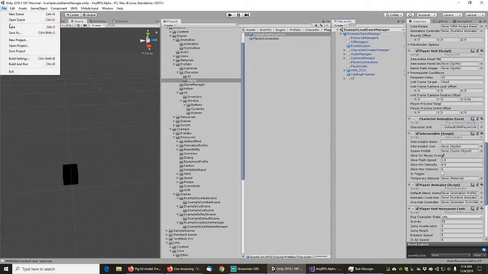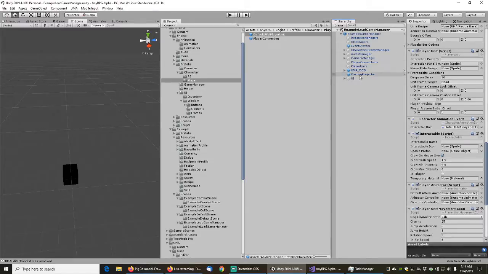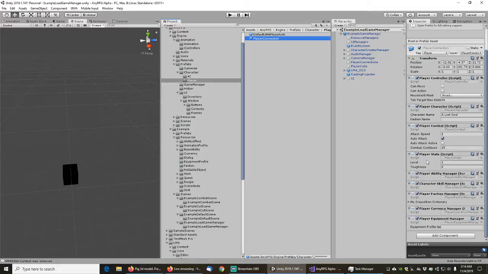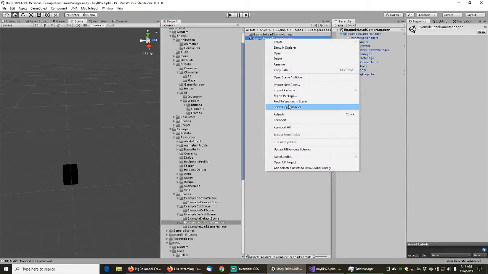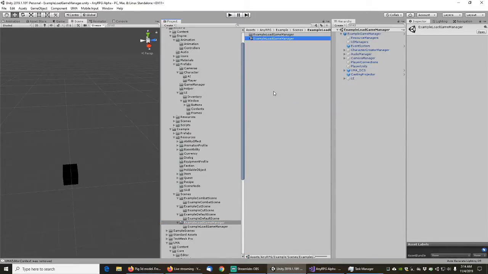And we hit save. And then let's just go to the player connection and just look. Nothing in there. Alright, so let's go back to the example load game manager, select dependencies,